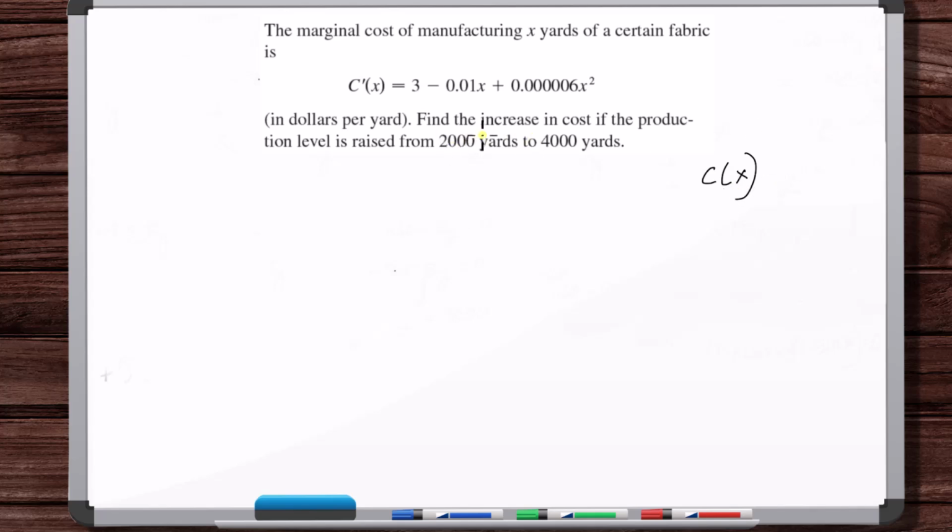This is the cost to manufacture X number of yards of this fabric. And so what they're asking is, if we're going to go from manufacturing 2,000 yards to 4,000 yards, what's the increase in cost? What's the change in cost? What's going on with the cost function in between 2,000 and 4,000 doesn't matter. They're strictly asking us, what is C of 4,000 minus C of 2,000? That's all they're asking. Based on the net change theorem, we know that this is going to be equal to